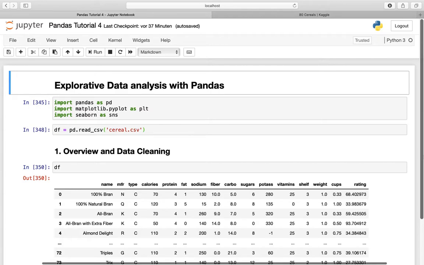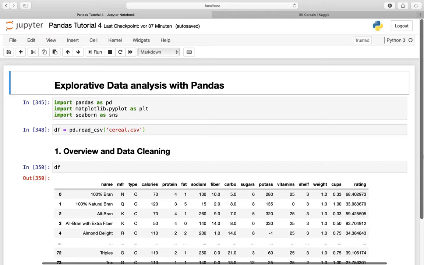In this video we are talking about exploratory data analysis with pandas. We will do some crazy stuff like creating heat maps with correlation matrices and pairwise correlation charts, so be sure to stay tuned. If you have just joined this series, there's absolutely no problem at all, but I'm recommending to